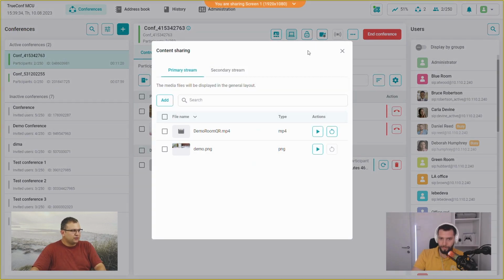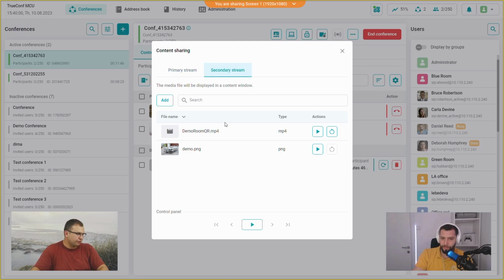We also created a single dedicated button for content sharing. And for content sharing, we can use any sources: presentation, PDF files, images, video files, and we can send the content to the main layout as a video stream, or we can send it over BFCP protocol, or in case of H.323 connections to H.239 protocol as a secondary stream. So it's up to us to decide where to send it. So let's send it to the primary stream. I just click here, and we just started to play